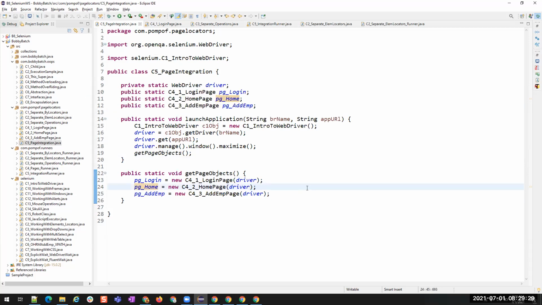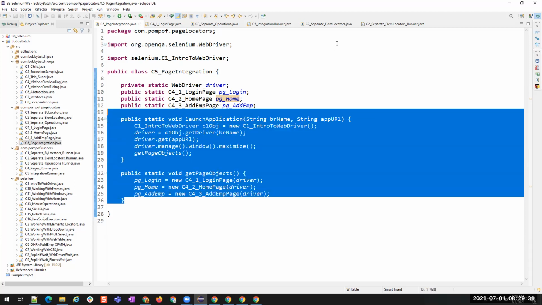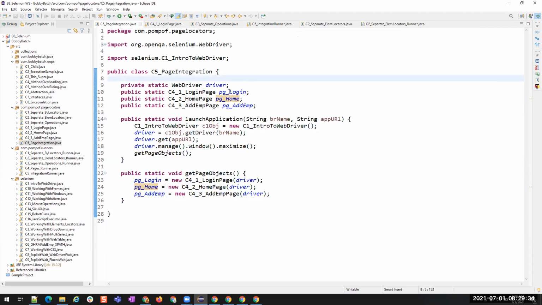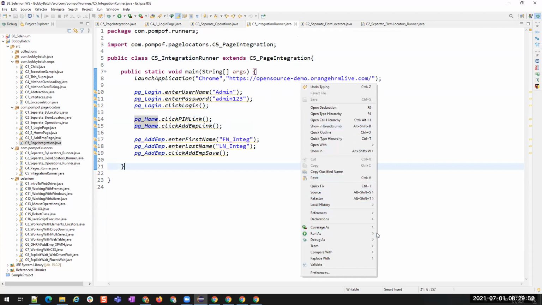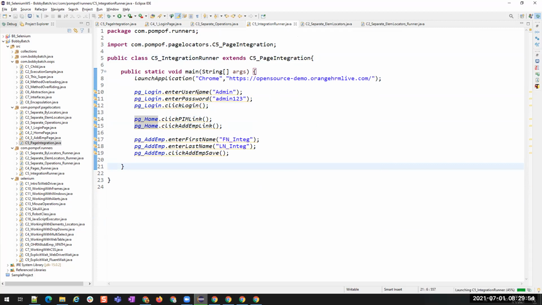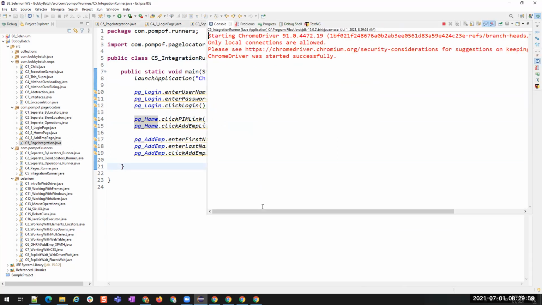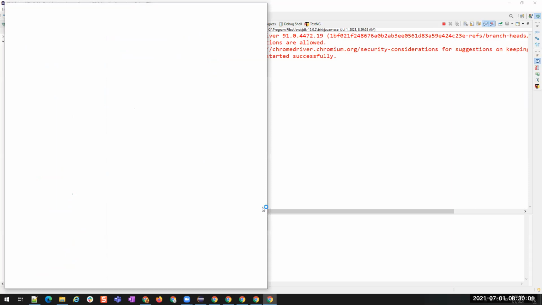So what will happen? You'll be able to access these methods directly, or you'll be able to access this variable directly when you create an integration class object. So the only rule that you have to follow here is you have to extend it with the integration class. Now you see how easy it is, right? Now let me run this. There won't be any change in the application flow, but the way that we wrote the code is different. See how simple and how easy it is looking for now, right?